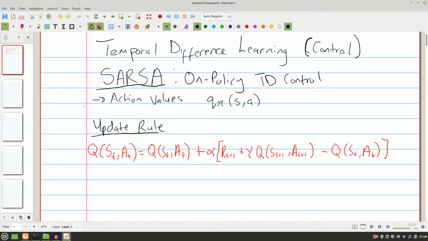One thing to notice already is that the reason this algorithm is called SARSA is that it uses the whole quintuple in its update rule: the state, action, reward, next state, and next action. That's where the name comes from. When you look at this tuple, you have s, a, and the reward you get, then you end up in a new state s prime, and you take a new action a prime. This is the sequence of events you follow when you're making your updates, as will become apparent in a moment when we look into the pseudocode for this algorithm.